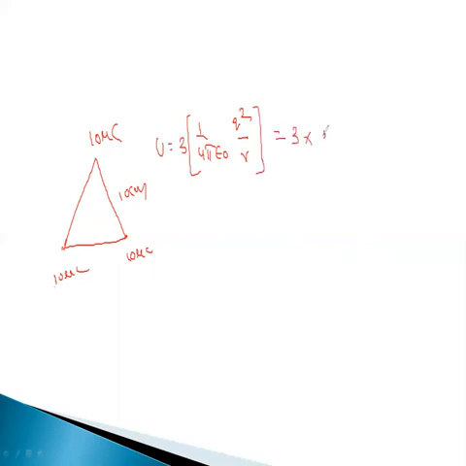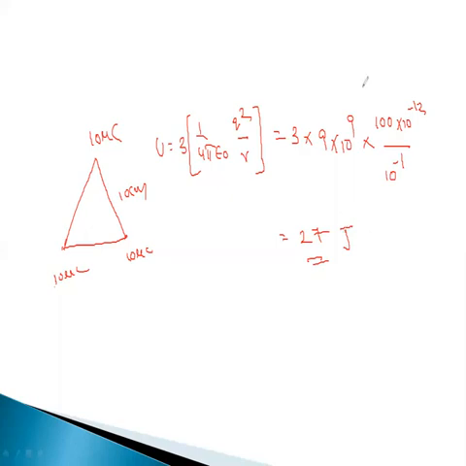So that is 3 into 9 into 10 power 9 into Q square, given 10 micro into 10 micro, that is 100 into 10 power minus 12, by distance R, given 10 centimeters. You have to convert it into meters. That is 10 into 10 power minus 2, that is 10 power minus 1. So this will be 27. This will be 100 into 10 power 9, 10 power 11, 10 power 12. This will be cancelled here. So finally, the answer for potential energy for the given system is 27 joules.